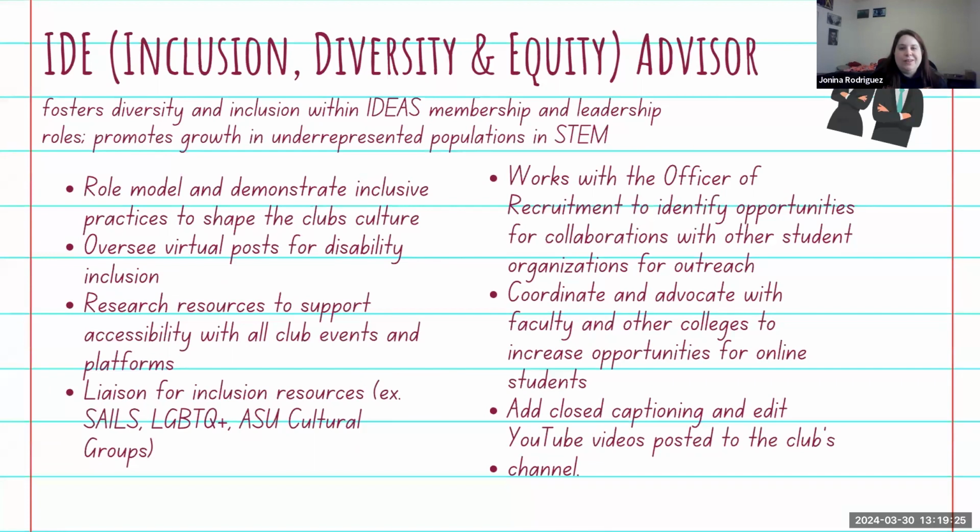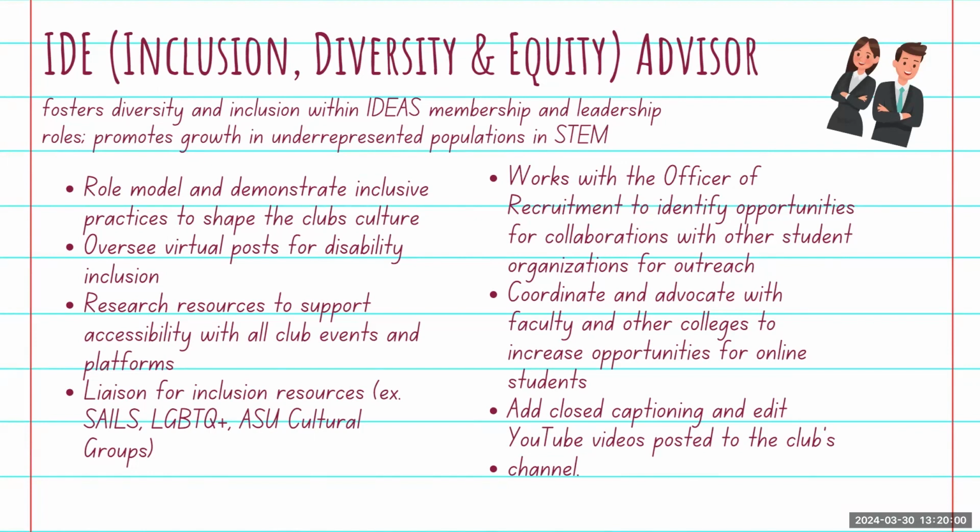So we'll go ahead and get this over to Gabby since she's our IDE officer. Yes, thanks. So this role is about setting an example for inclusive practices within the club. So responsibilities include overseeing virtual posts to ensure disability inclusion, researching accessibility resources for all the events and the platforms that we're on, and also serving as a contact for the resources like SALES, LGBTQ+, and ASU cultural groups within the university.